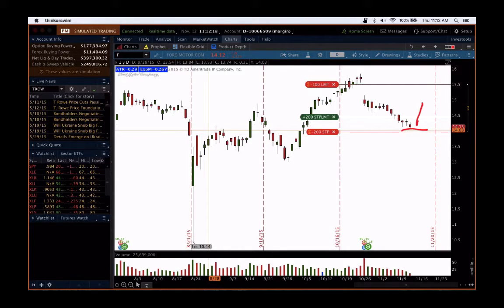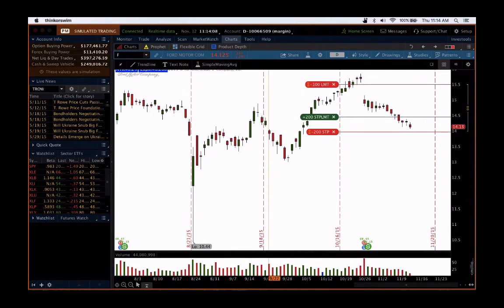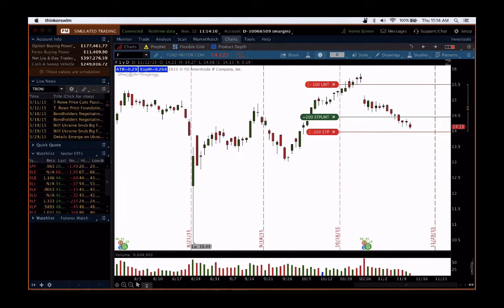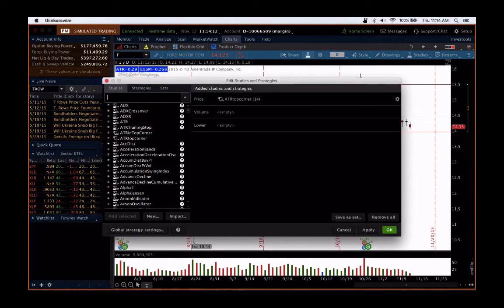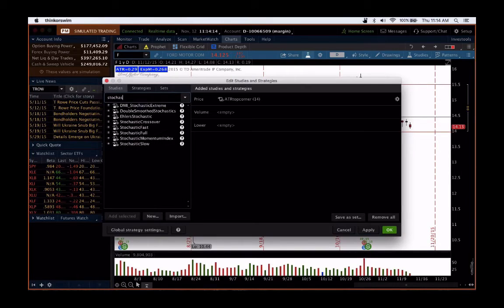And the question is how much do we want to pay? One of the first indicators that you'll learn is a stochastic indicator. If we were to pop one on a chart, it uses a pretty funny little formula, but it actually makes a little bit of sense. If we were to go to indicator here and add stochastic, go put on a full stochastic,